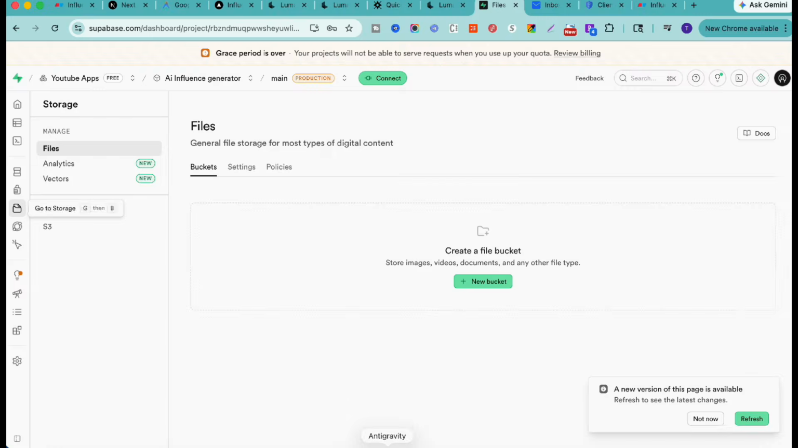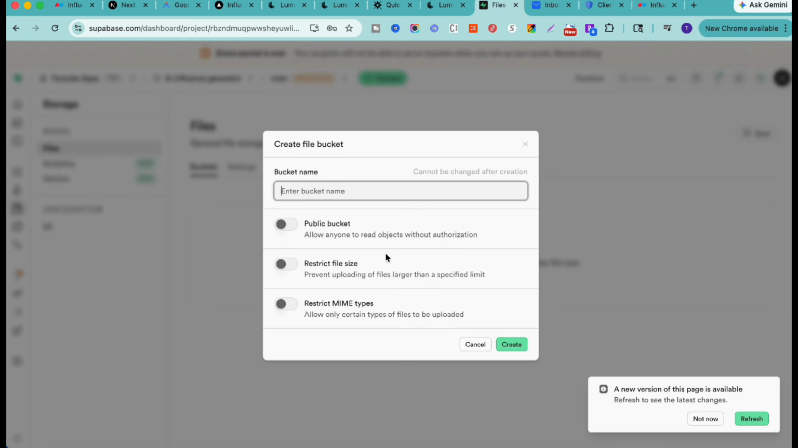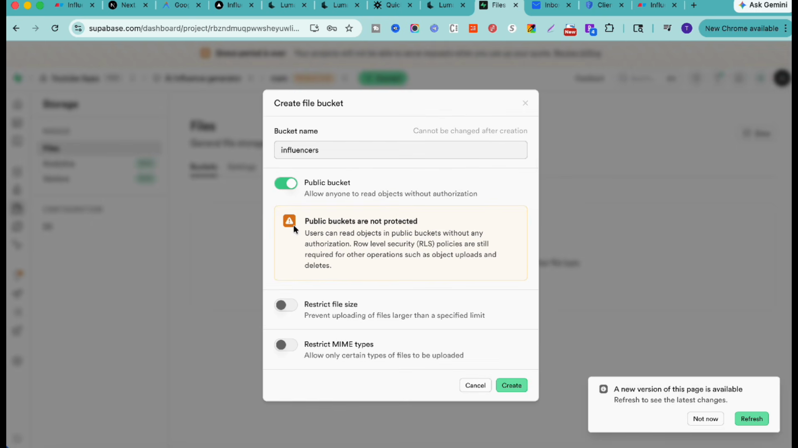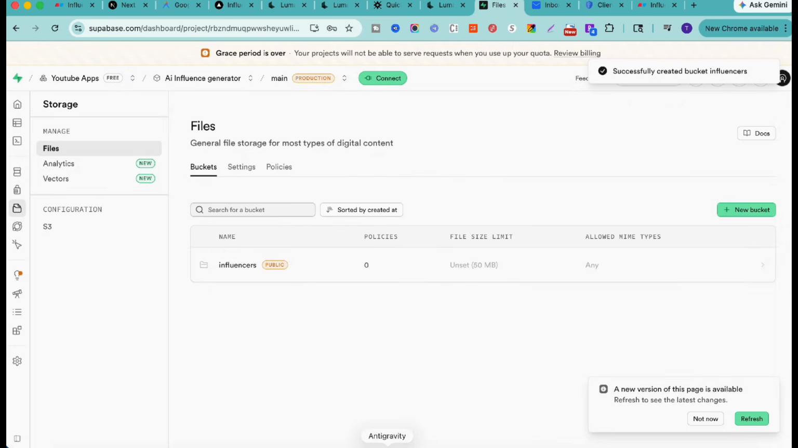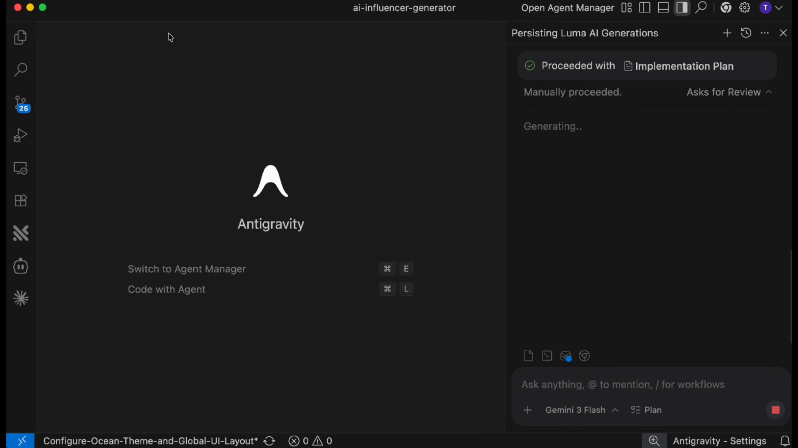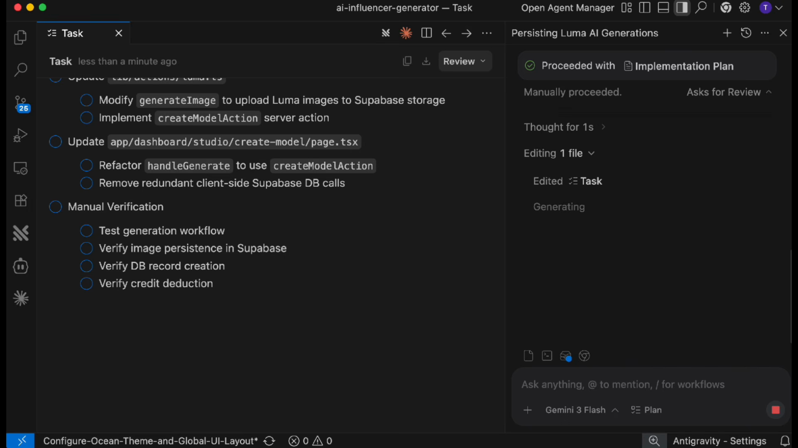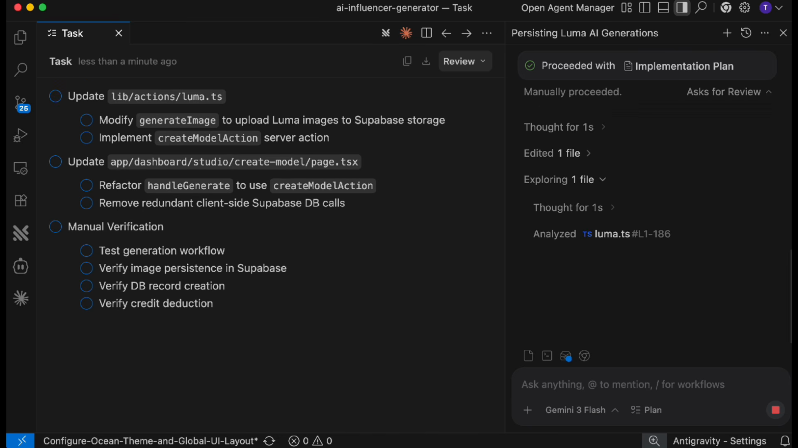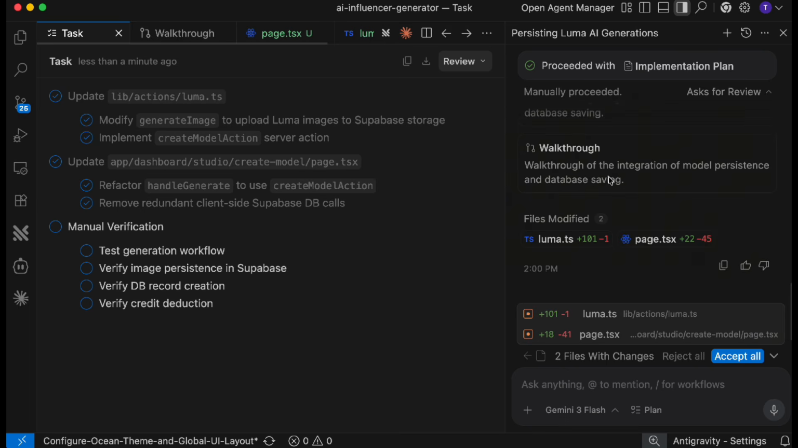So we'll go back, and inside this we'll create a new bucket called influencer. We have to set this as a public bucket for now and then simply click create. After this we'll proceed with this plan, and now we'll wait for the final implementation. So I will pause the video and we'll wait for the final result, and once it is implemented we can